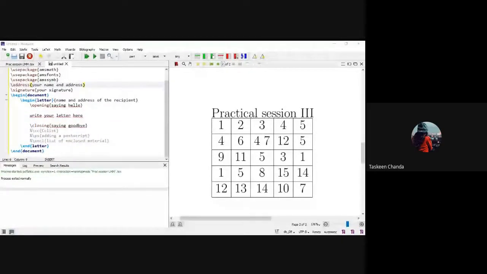Yes, ma'am. Okay, practical session UMM and untitled. That untitled file is just now created. As I told you that whenever you are going to type in the file,